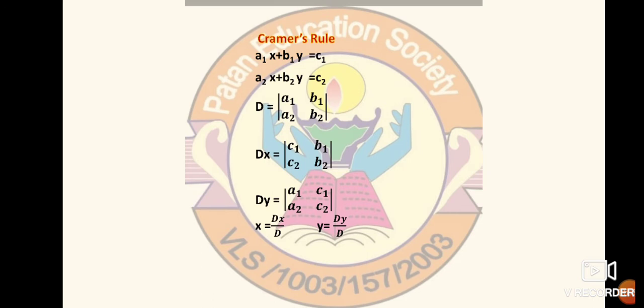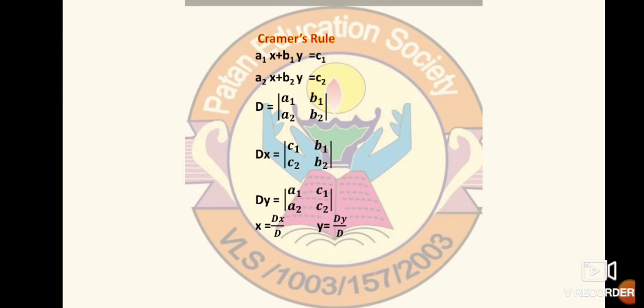Already two methods we have learned, that is equating coefficient method and elimination by substitution method, and today we are learning the third method of solving simultaneous equations or linear equations, that is Cramer's rule. To solve the given equation by using Cramer's rule, that equation should be in a standard form like they have given there. See, a1x plus b1y is equal to c1, a2x plus b2y is equal to c2. Here a1, b1 and c1, and a2, b2 and c2 are the coefficients, and x and y are the variables.